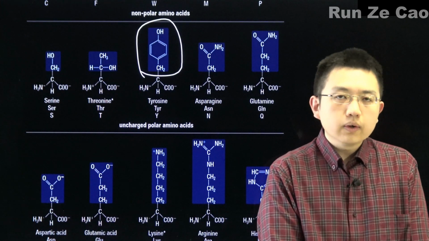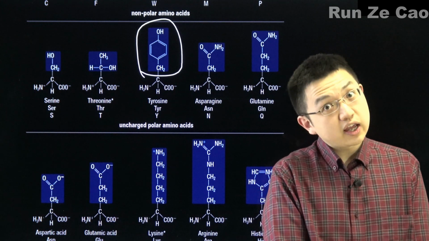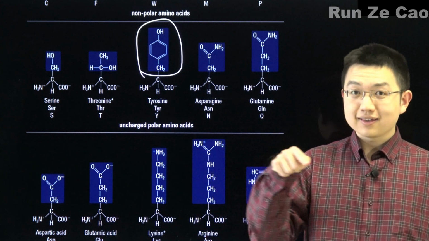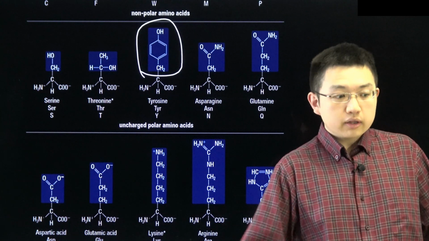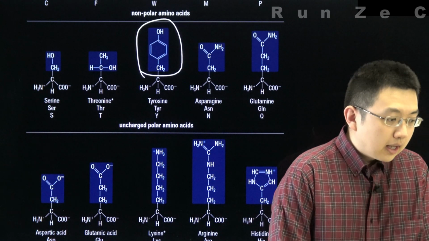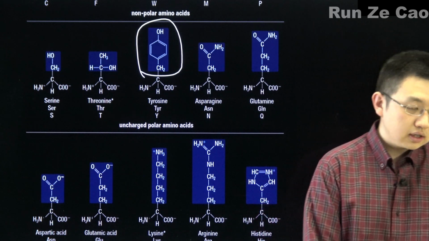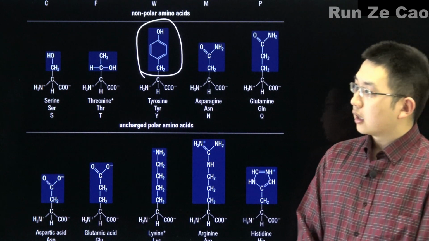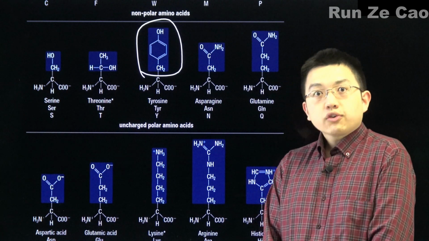Now, what does it do when you take an amide bond and lock it at a different angle from all the other amide bonds in, say, a zigzag pattern? You break the pattern, of course. And, well, for uncharged polar amino acids, what can these do? Hey, we can do some hydrogen bonding, potentially. Or what else could we do?